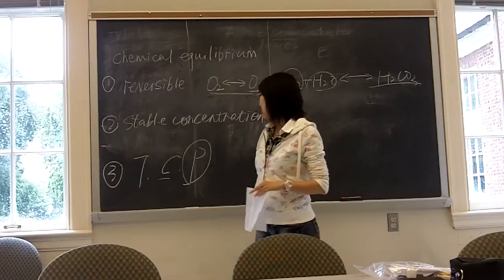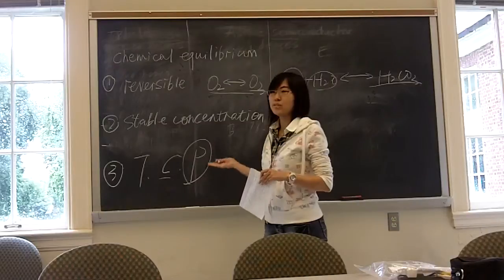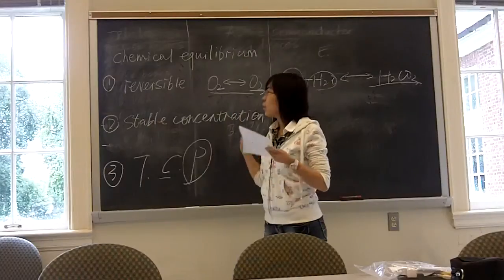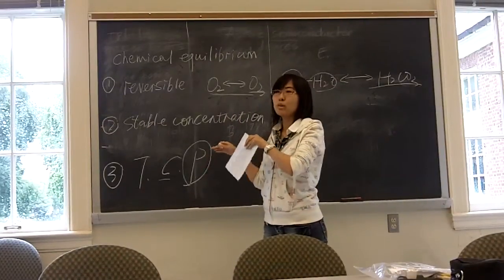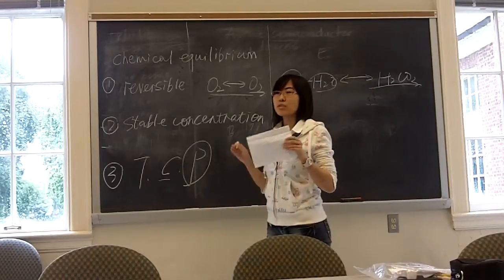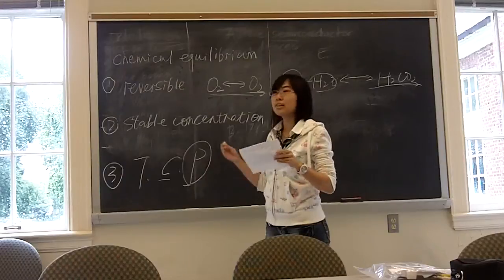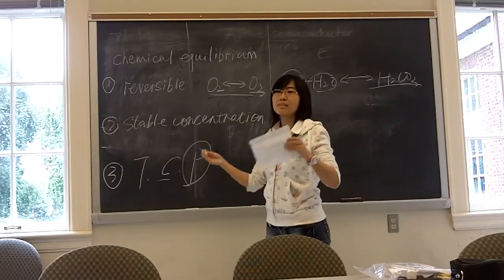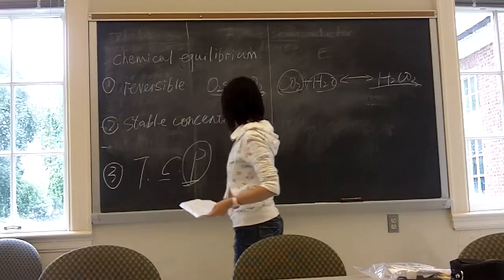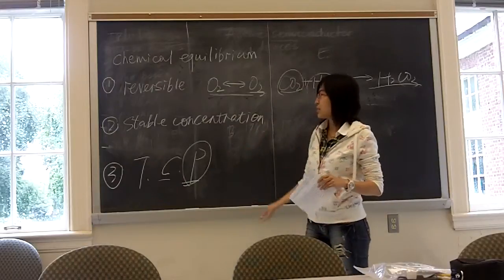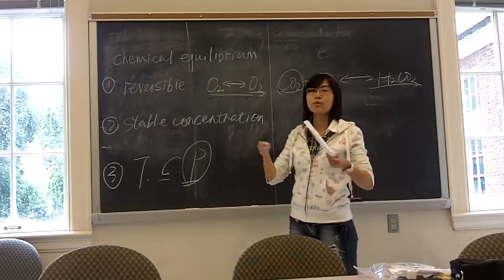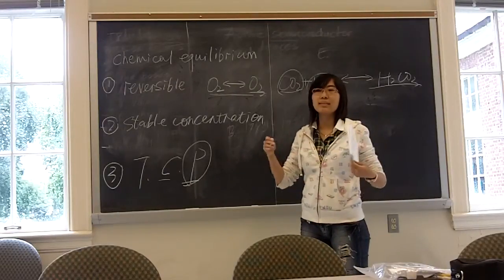In principle, when we raise the pressure of the system, the old chemical equilibrium will be broken to form a new chemical equilibrium. And in this new one, the concentrations of the products and reactants are totally different from the former one. Understand? It means it's another chemical equilibrium. And when we raise the pressure of the system, the chemical equilibrium will be broken and the reaction will move in the direction of decreasing gas volume.